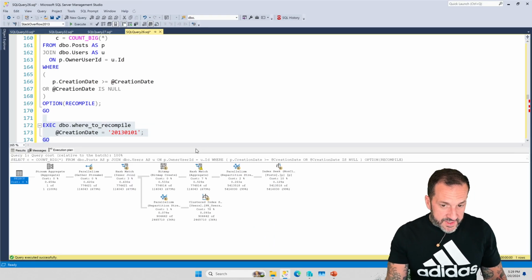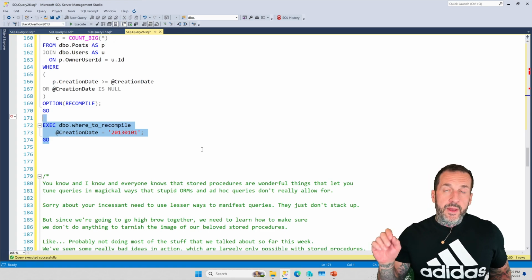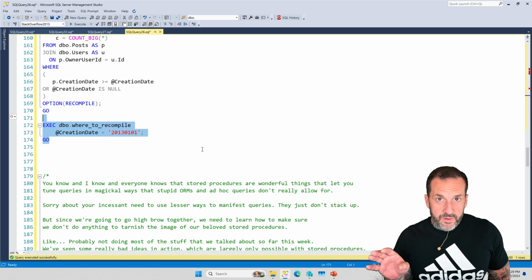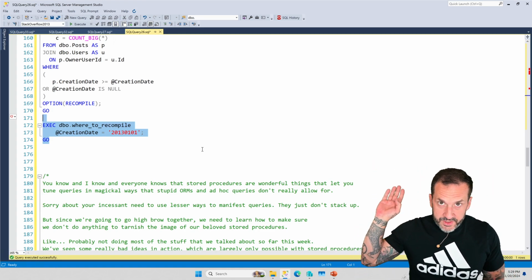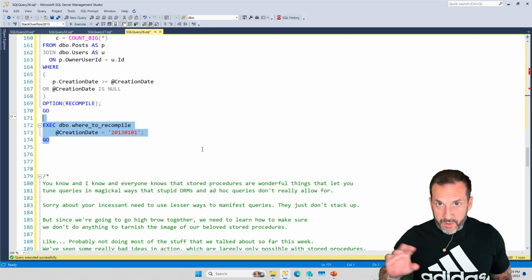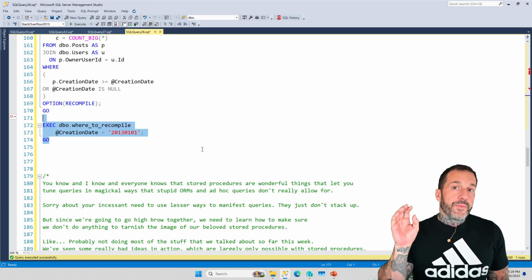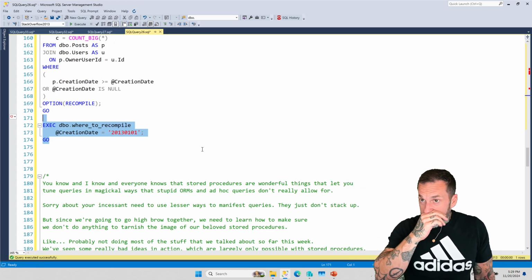So there are some differences in how SQL Server treats option recompile versus the stored procedure level with recompile. If the problem that you're trying to solve for an entire stored procedure is just parameter sensitivity, and you want SQL Server to come up with a cardinality estimate based on whatever parameter values you pass in, you can probably do that and get away with it.